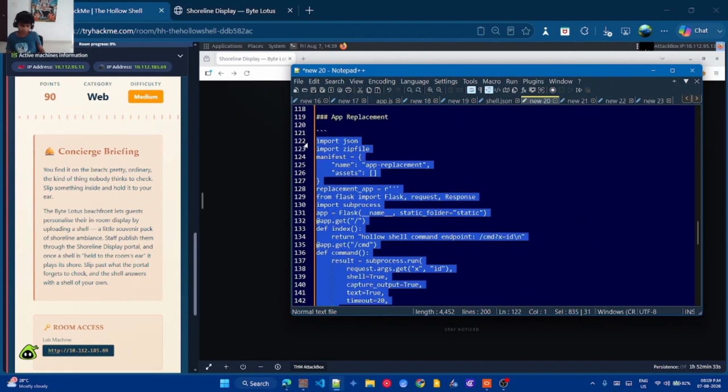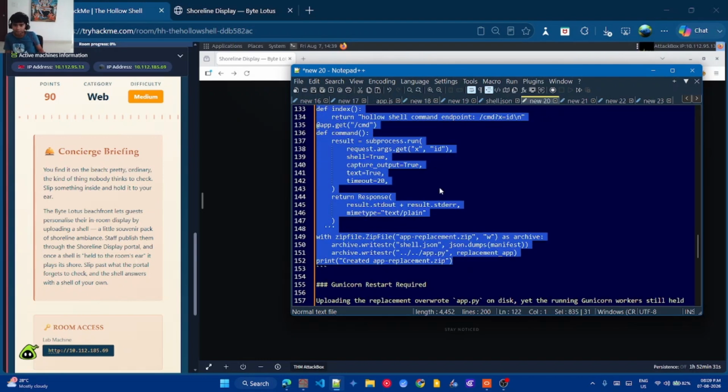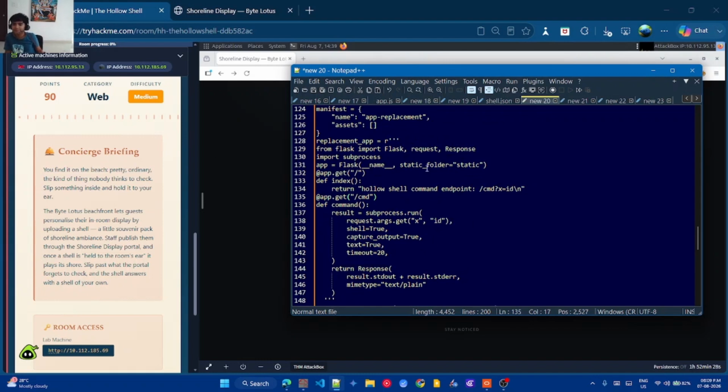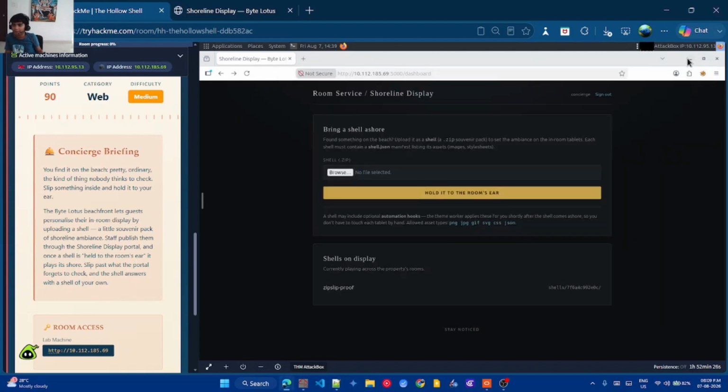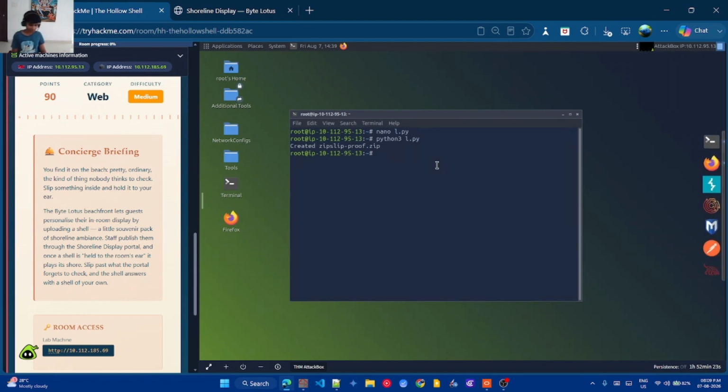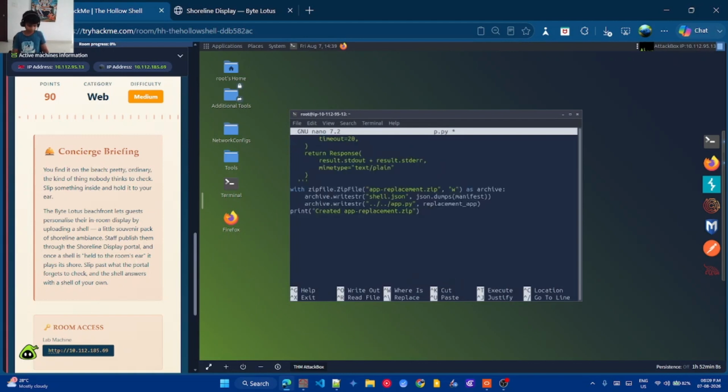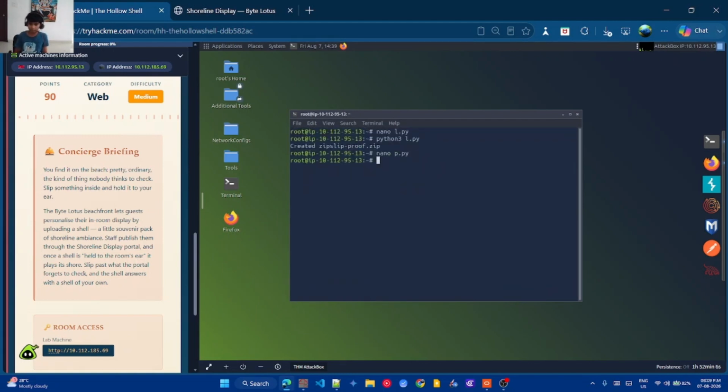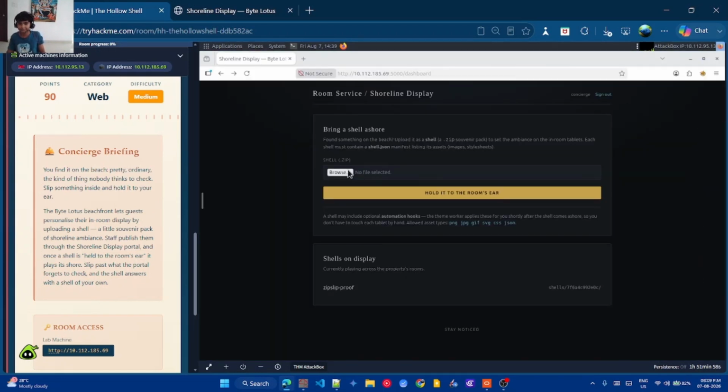Okay, first let's just use the code. It's going to basically give us the endpoint here. Warning, if you use it incorrectly, it's going to crash the entire lab machine. The last time I tried to do it, I crashed the lab machines 3 times, so be careful while you're trying to do it. p.py. The thing with short file names is they're easy to start executing. And we're just going to